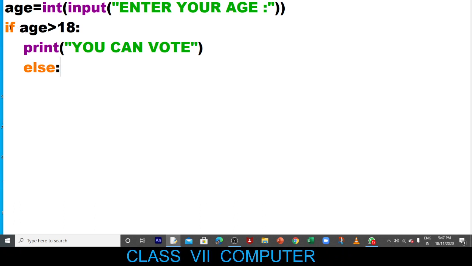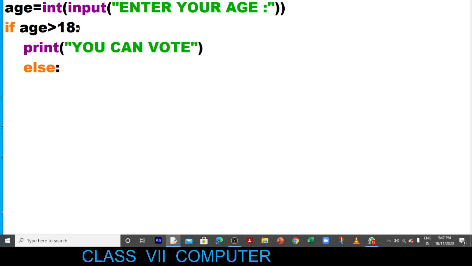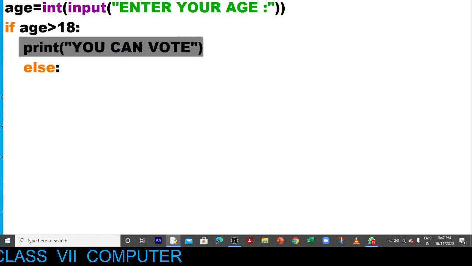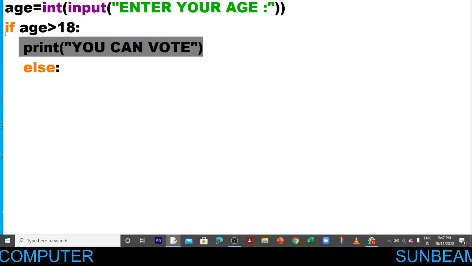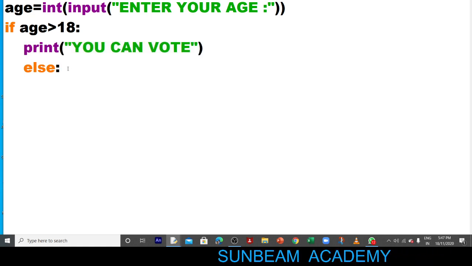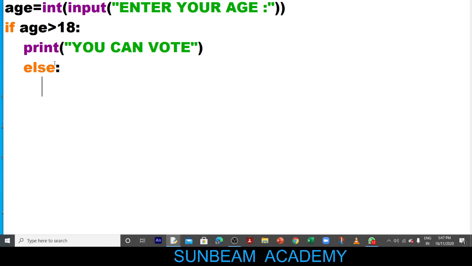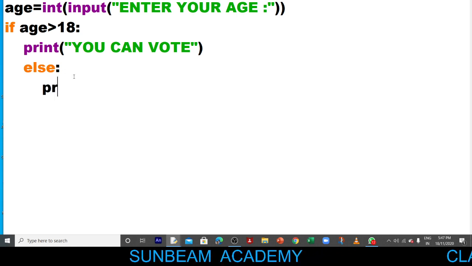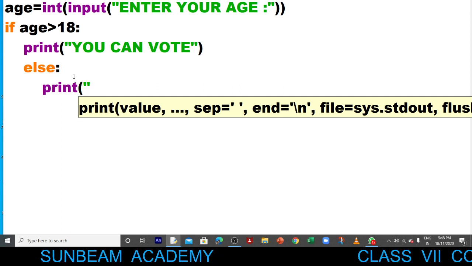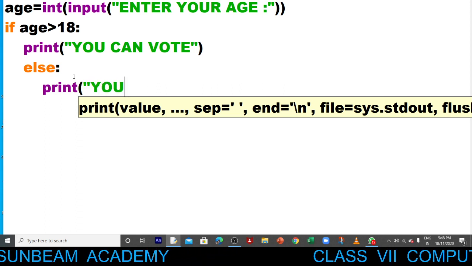Okay, you have to write it like this. If this variable is greater than 18, then put a colon. Print command, you can vote. That will be printed. But if age is not greater than 18, if this condition is not satisfied, meaning the age value is less than 18, then the else part will run. Write down else colon and write down print in double quotes, you cannot vote, or you are not eligible for voting.